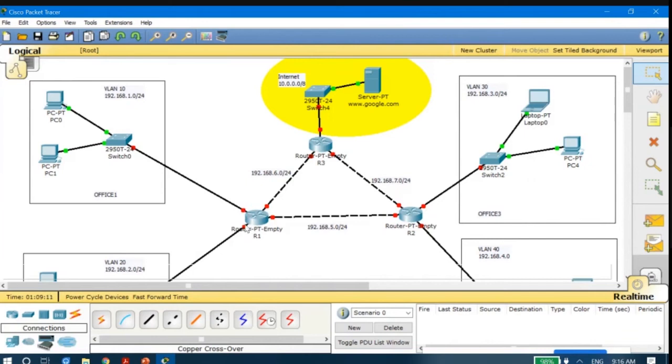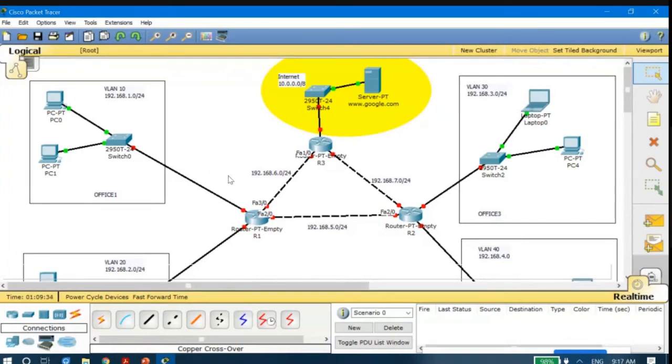Then fast Ethernet 1/0 is connected to my second network. Fast Ethernet 2 is connected to router R2, and similarly fast Ethernet 3 is connected to router R3. So accordingly, I have to assign the IP addresses.